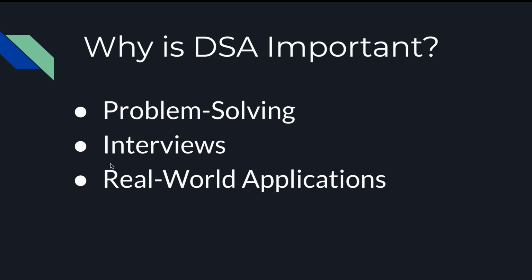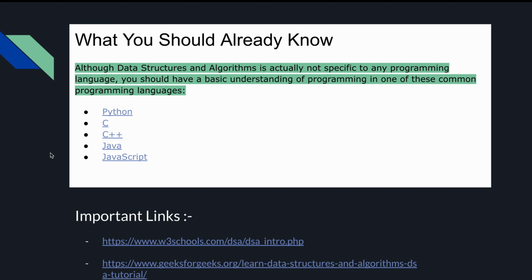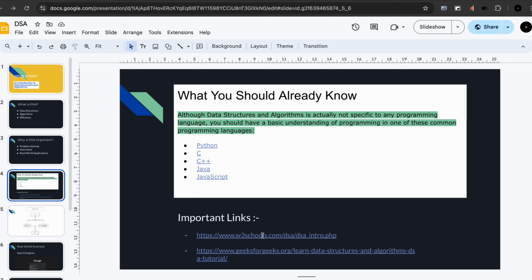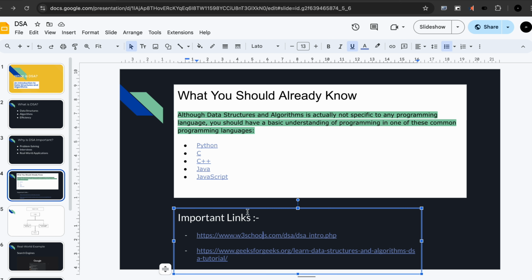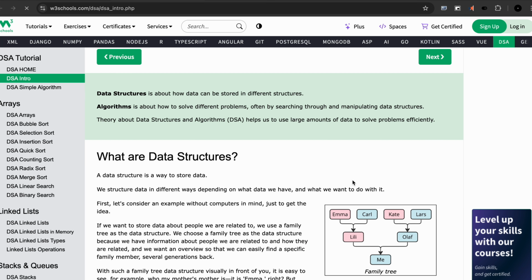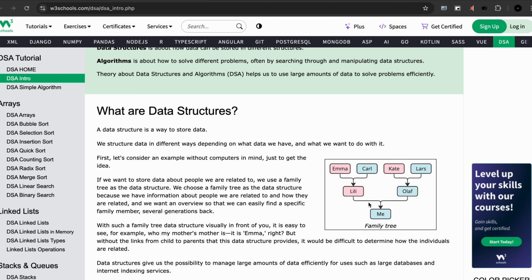And if I will show you this link, you can see an example here, that is of finding your grandmother from a mother side. For that, if we will organize all the data in a tree manner, we can easily find it by going left and left two times, and from the father side we can go to a right and then left, and we can easily make algorithm of this